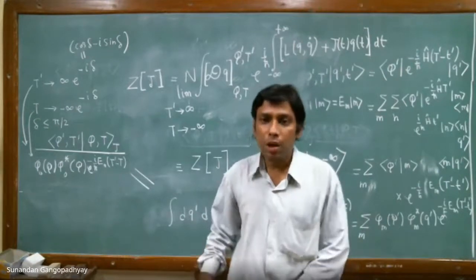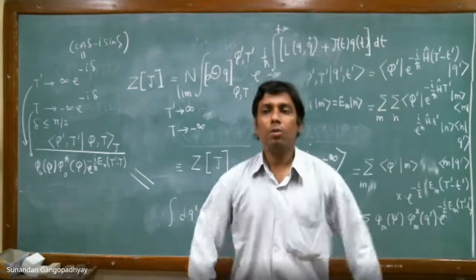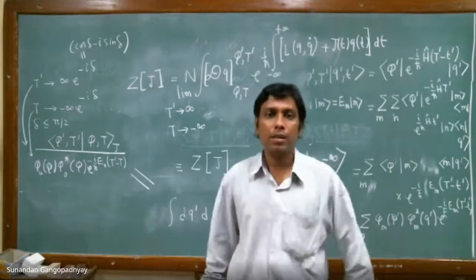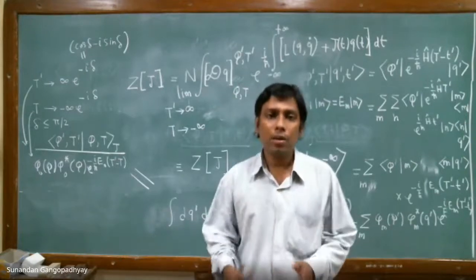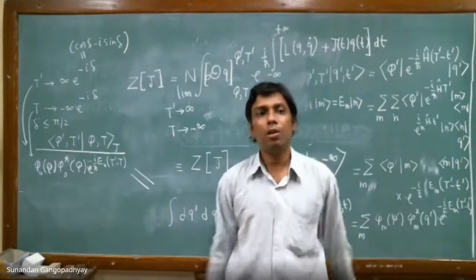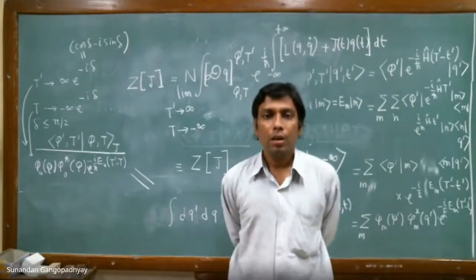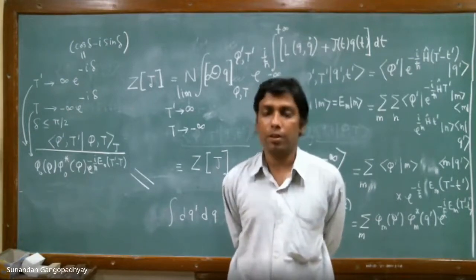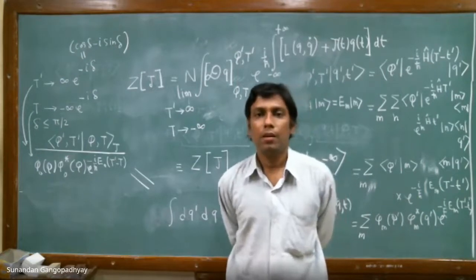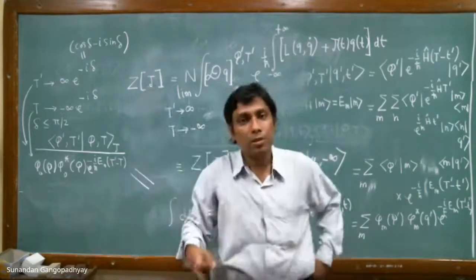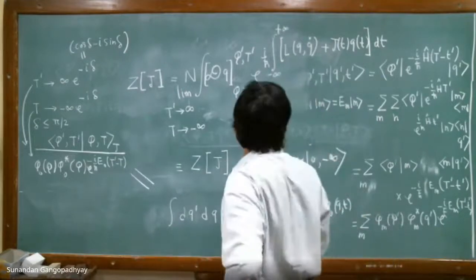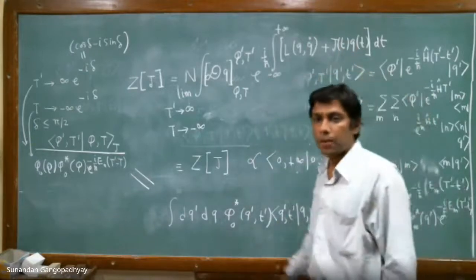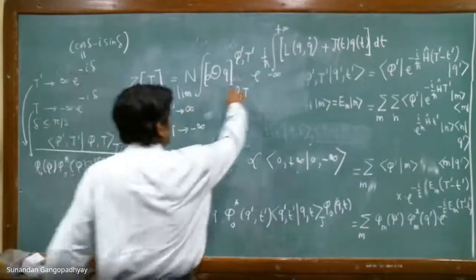So this is what we are doing in quantum mechanics. When we shall do quantum field theory in the next semester, all this formalism that we are learning now in this course, we can just carry over to field theory. There also we will write down a generating functional which generates the various n-point functions or Green's functions for a field theory. And this is the generating functional in the presence of a source. So you can see that if you put Z0 over here, then this term will go out. So Z0 is basically this expression without the J.